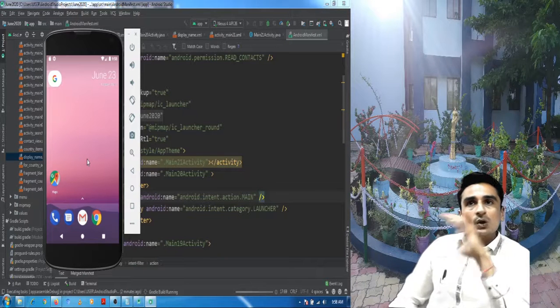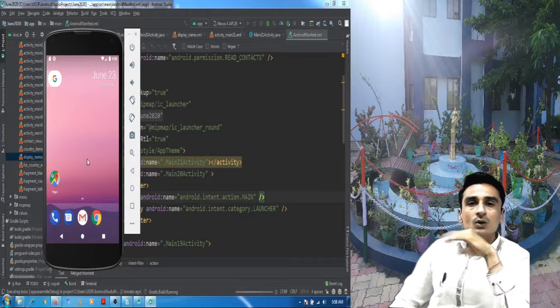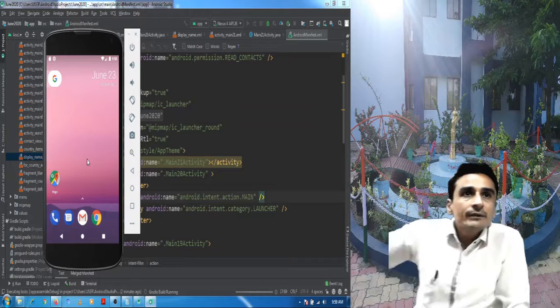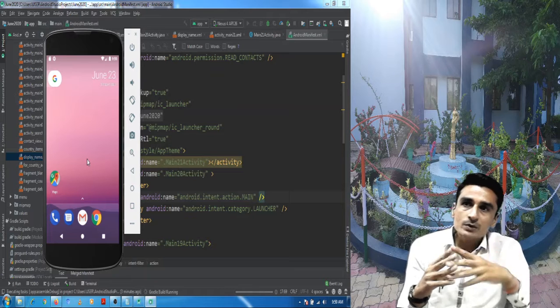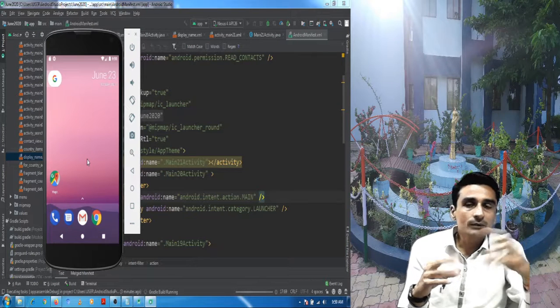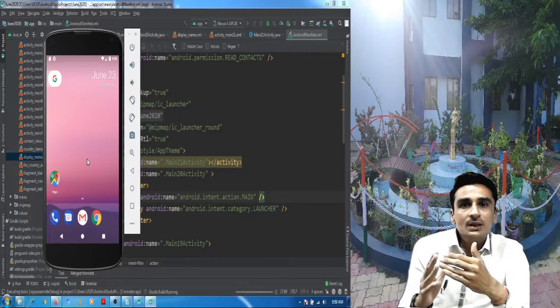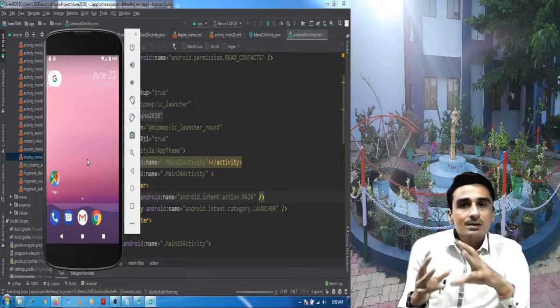Okay, if the list shows all the records of contacts, it will show only the contact name. If it is showing successfully, then we will move forward and we will implement that logic of adding a contact. Okay, so to add a contact, what will we do? We will define a layout, and that layout will contain two things, two edit views, one for display name, that is contact name, another for contact number, and that layout will be placed on an alert dialog builder, and that means that we will be using a custom dialog box.